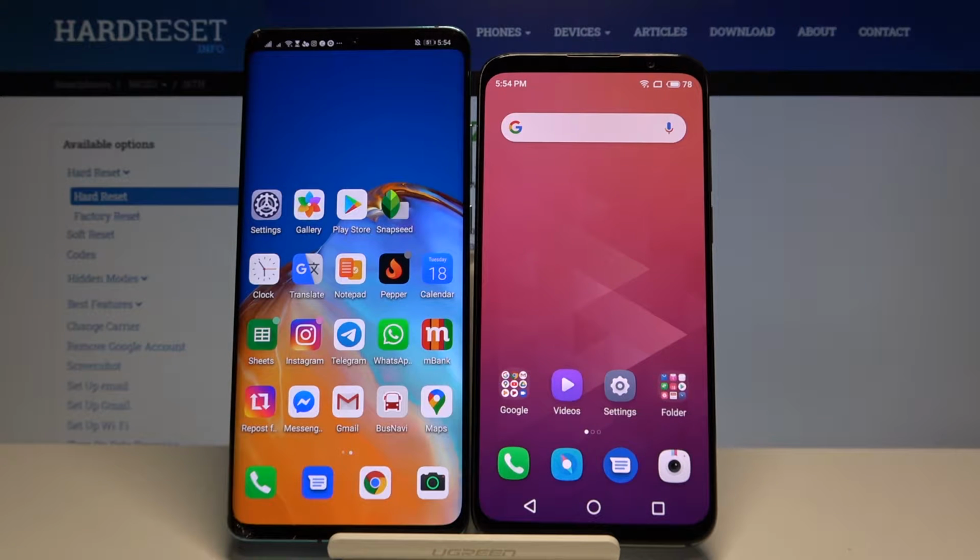Welcome. If you want to transfer data from your Meizu 16th to another Android smartphone, first you have